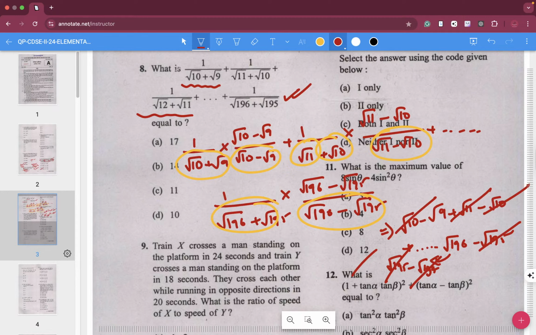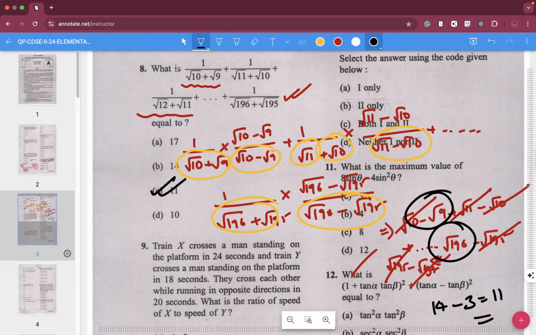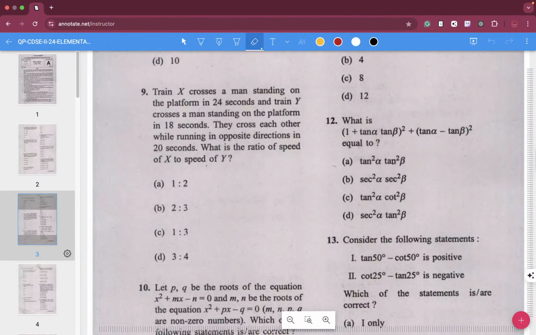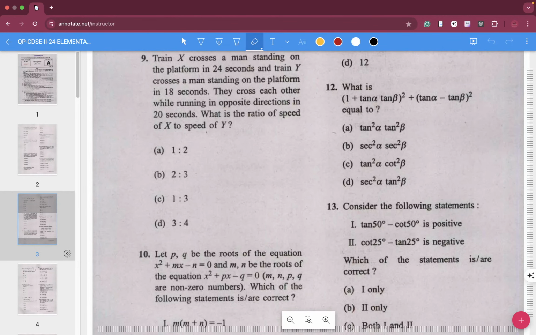So what you are left with is root under 196 minus root under 9. Root under 196 gives you 14 and root under 9 gives you 3. If you solve this, you get 11 as the answer to this question, folks. Extremely easy. You were just supposed to look at the question a bit more carefully. Now you have this particular question: Train X crosses a man standing on a platform in,